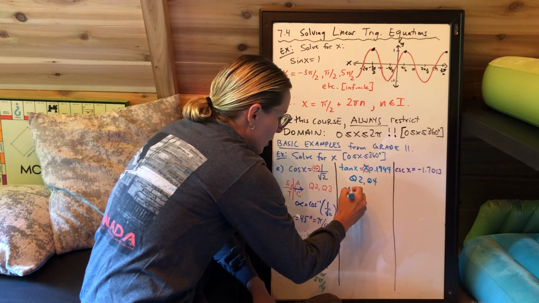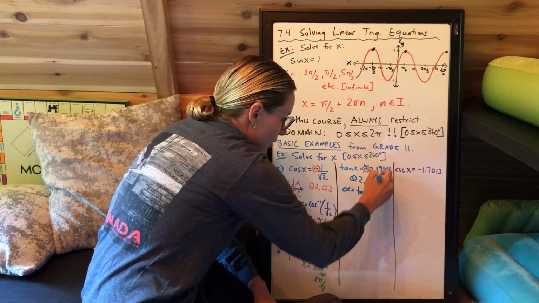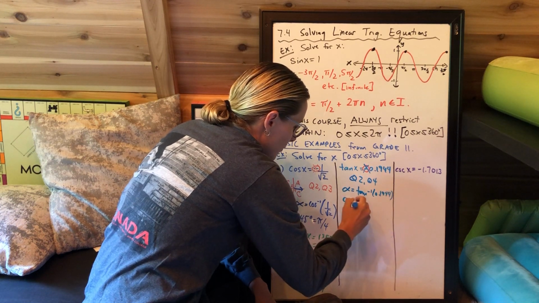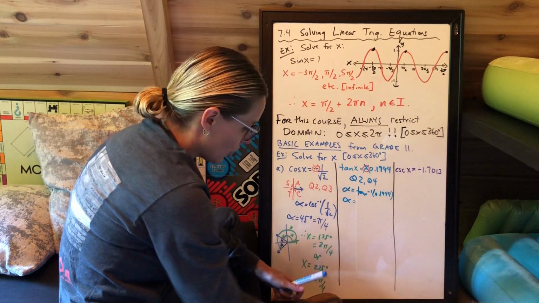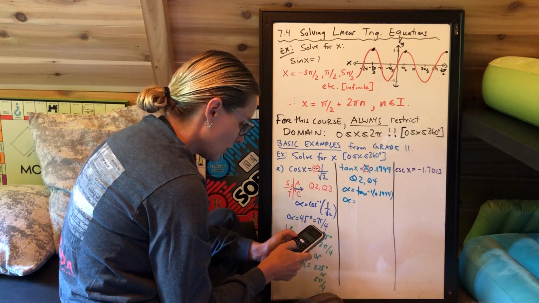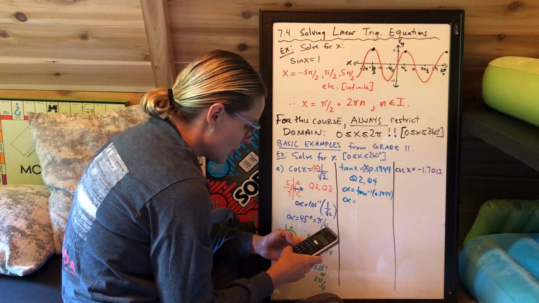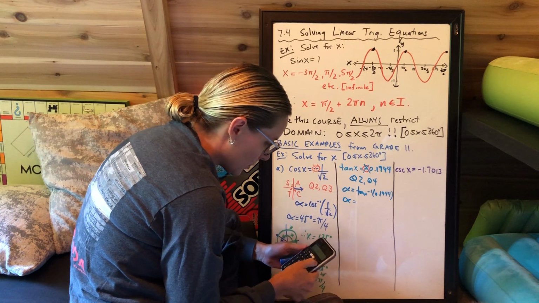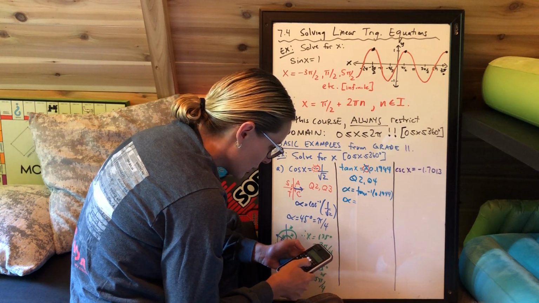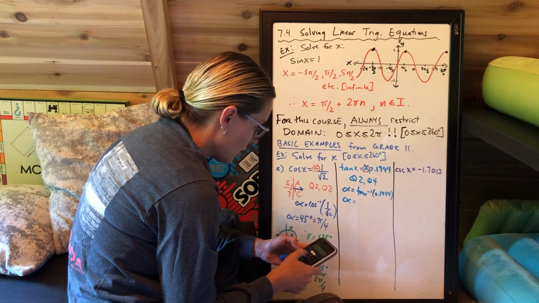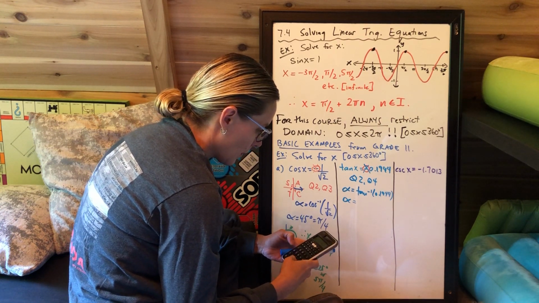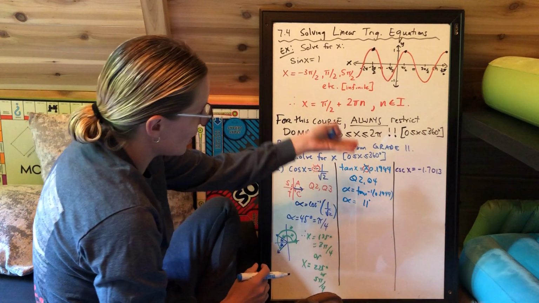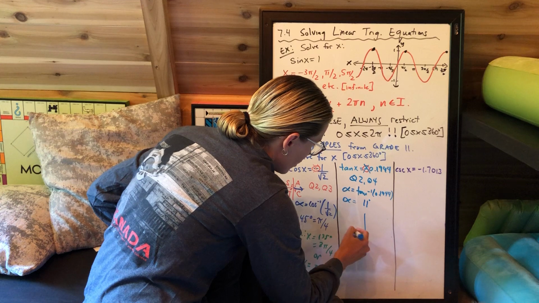I then go ahead and find my related acute angle by doing the inverse of whatever this happens to be. Now this one's not a special triangle, so you'll do this one in degree mode on your calculator. It'll make your life much easier to do them all in degrees. Tan inverse of 0.1944, and my calculator's in radian mode, of course. Second function tan is 11 degrees. Okay, so your only goal is to draw that 11 degrees in quadrant 2 and